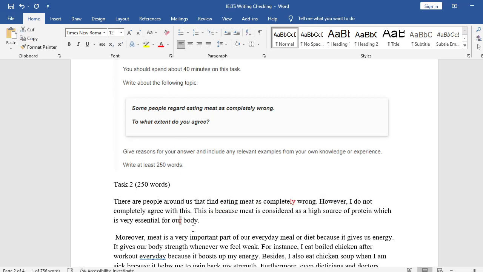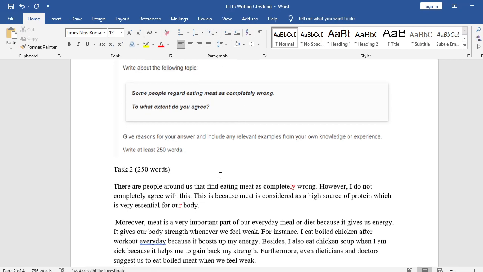But as far as the introduction goes, this is good. This is a good introduction because it's not long, but it gets the job done. It paraphrases the prompt of the question, that some people regard eating meat as completely wrong. So she paraphrased it like this: there are people around us that find eating meat as completely wrong. So this is a good paraphrase of this first sentence. So we should do this. And then she gives her opinion. And then she gives a main reason for why she thinks that she doesn't completely